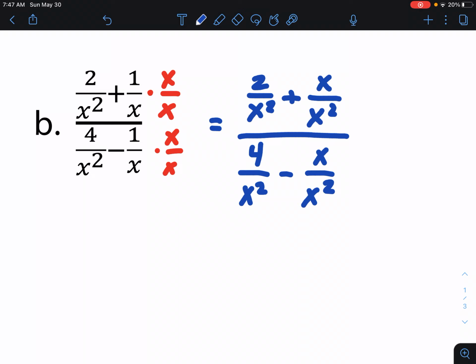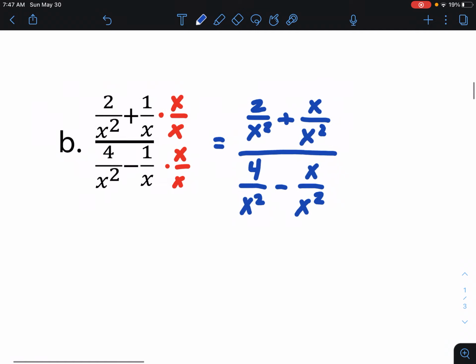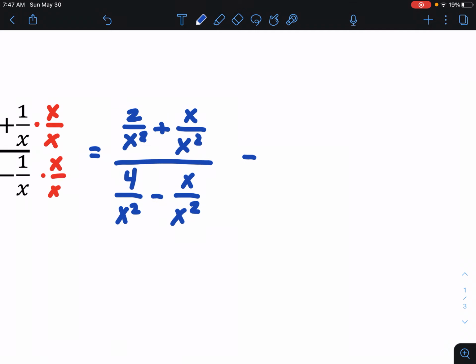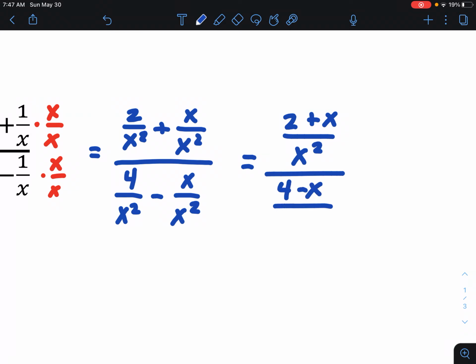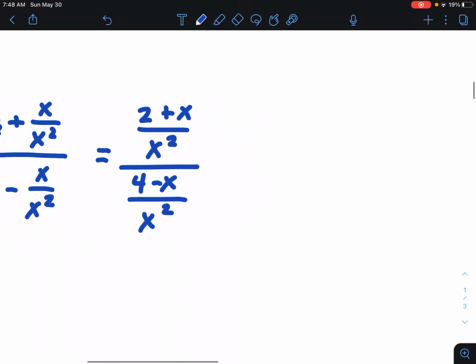So in this case, we end up with the same thing on the right-hand side because we started with the same thing, 1 over x, right? And so now we can combine these two fractions in the numerator. So we have 2 plus x over x squared. And then we have 4 minus x over x squared. Okay, so now we have a single fraction in the numerator and the denominator, so we can do our little